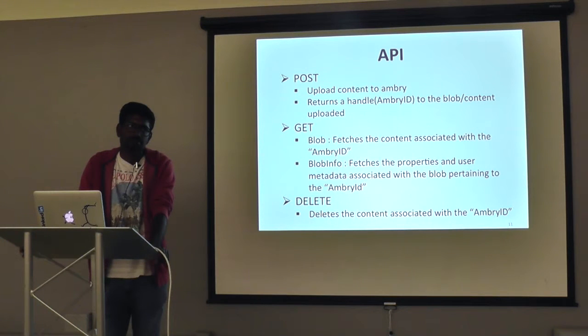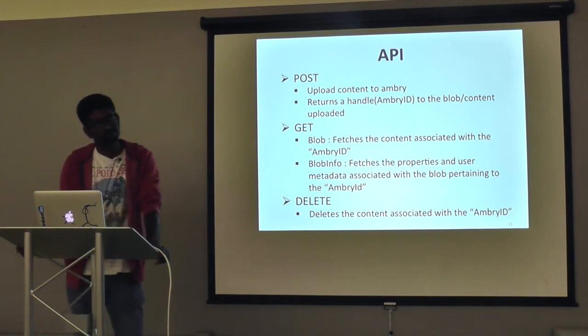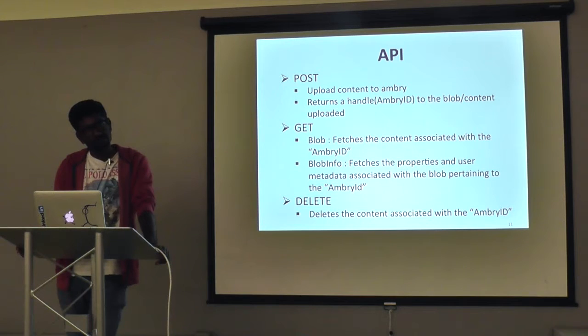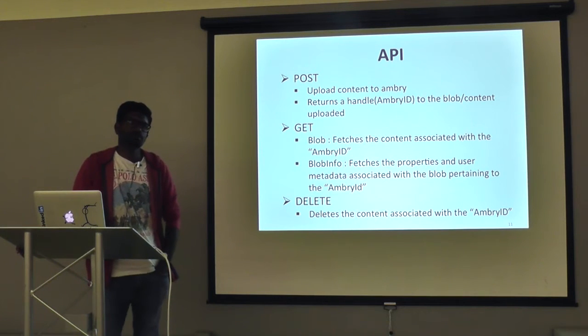So one of the common use cases we have, for the update issues that we talk about, is that we usually have some kind of a key value store, or maybe a relational database, which eventually will have a field for the ID of the object that is actually stored in Ambry. And what Ambry really provides you is it will be able to stream out the data, and all the optimizations that Ambry has for supporting large objects. That's what you get, with the database or the key value store on the side.